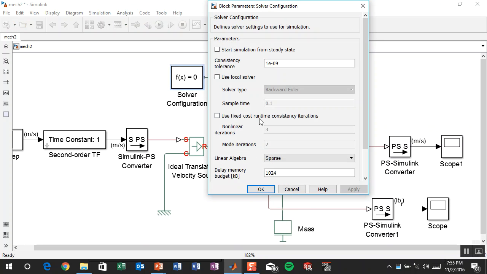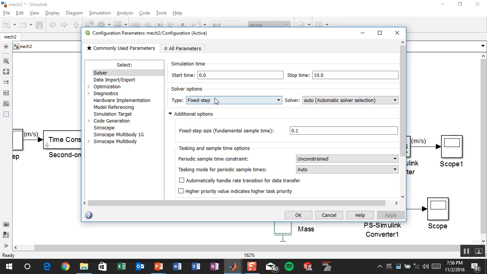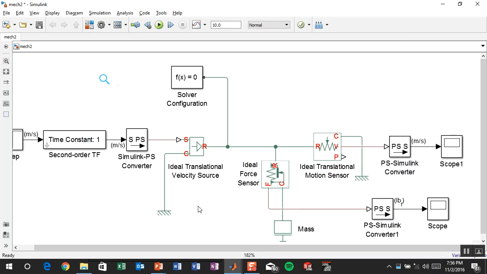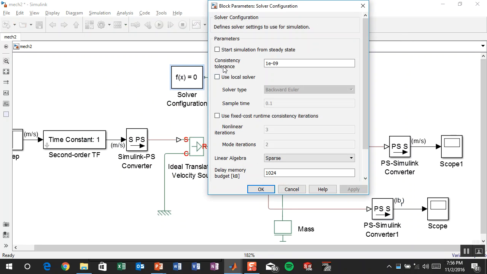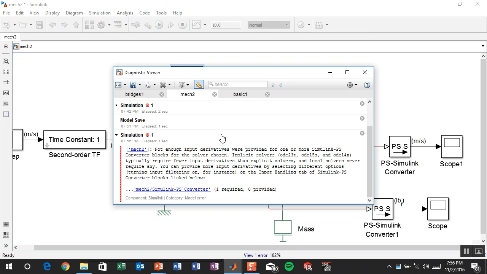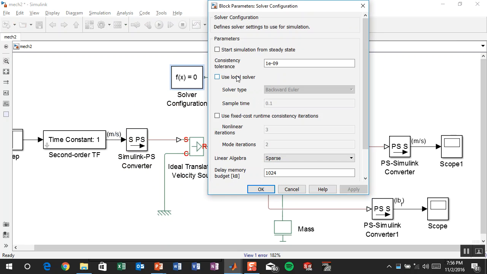I'm gonna go back to the local solver because maybe I can get away from it. I'll try it one more time. Variable step, everything's automatic, and I don't want to use the local solver. I think it's going to complain. Yep, it wants an input derivative. I don't want to give it one, so I'll use a local solver, and this time I'll give it a